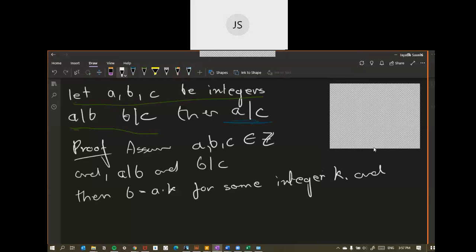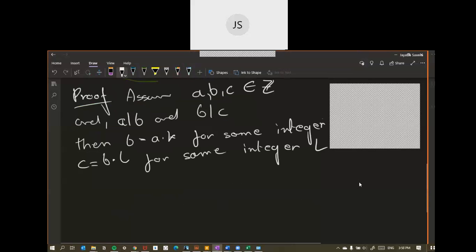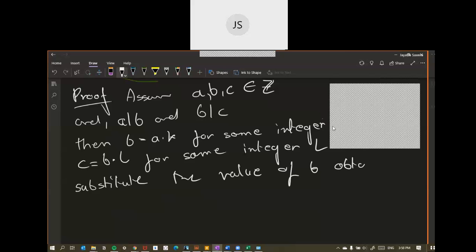And C is equal to B times L for some integer L. But then, since we know B is equal to A times K, we can substitute the value of B, obtaining C is equal to A times K times L, which is equal to, since we know that multiplication is associative,